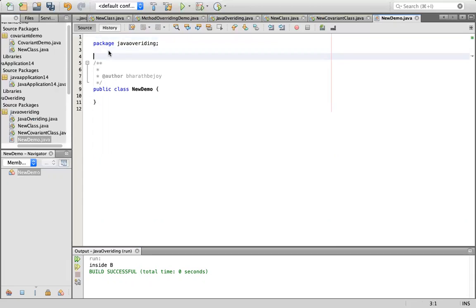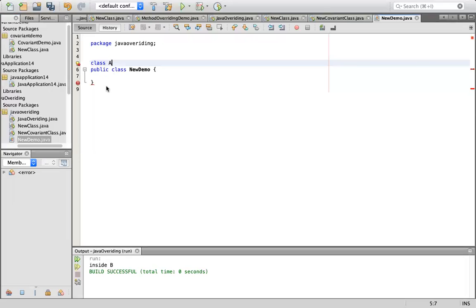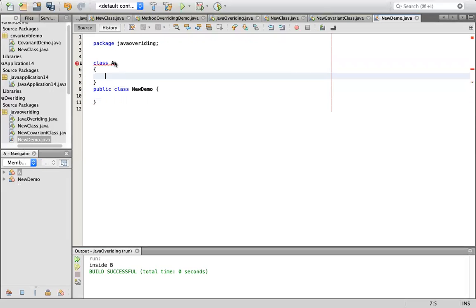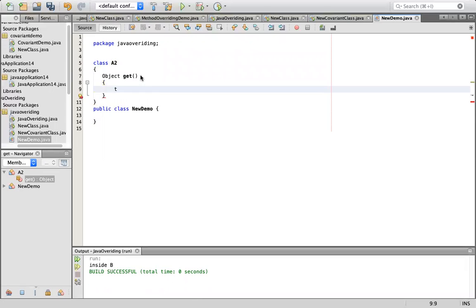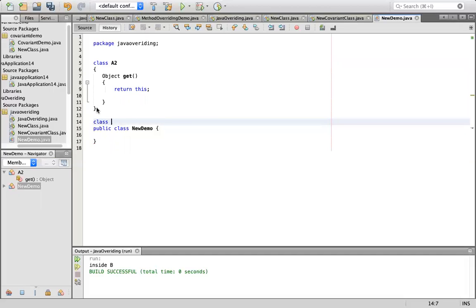So class A2, and inside this you are writing Object. Object is a superclass of all classes in Java. So Object get, and then I'm writing return this inside the class A2, and then I'm writing one more class, and that is class B2, which extends A2,